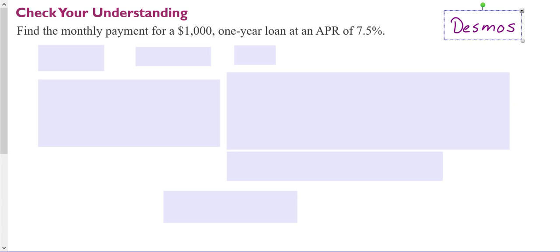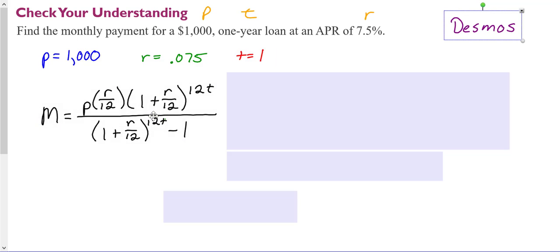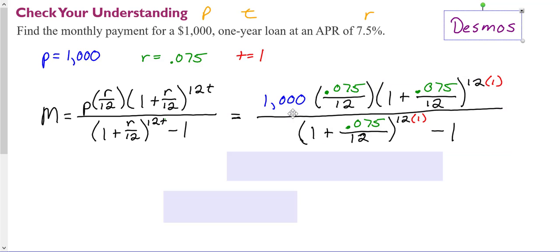So let's look at another example. Let's find the monthly payment for $1,000, which is the principal, for a 1-year loan, which is the time, with an APR of 7.5%. That is our rate. So our variables are P is 1,000, R is 0.075, and T is equal to 1. Once again, because we're looking for a monthly payment, we're going to use the monthly payment formula, plug it in, and we get an answer of